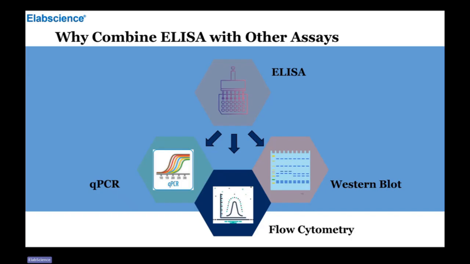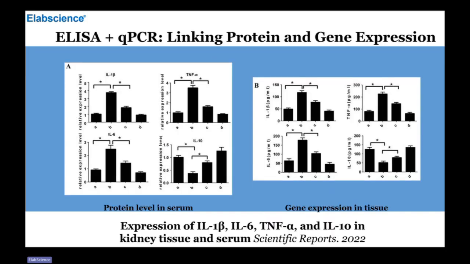Now I'm going to give you a few case study examples for each of these techniques. This publication is from Scientific Reports, a recent publication, not so long ago. Here, ELISA measures the actual protein levels while qPCR detects the gene expression. Now, what happens here? Using both these techniques together allows us to connect the changes at the messenger RNA level